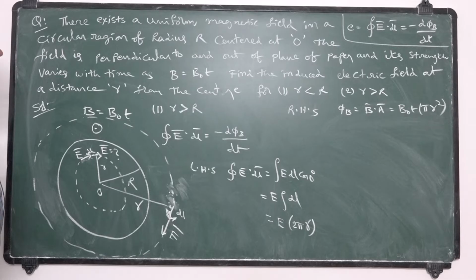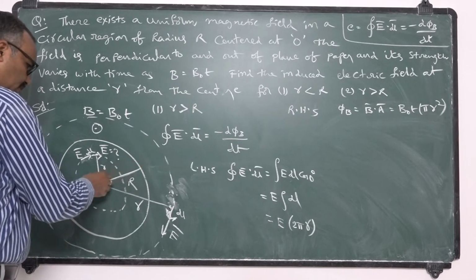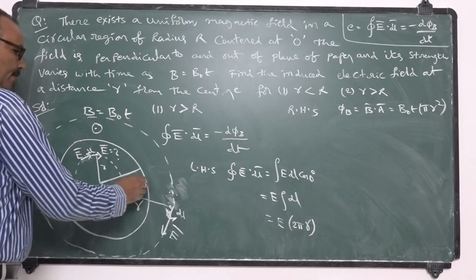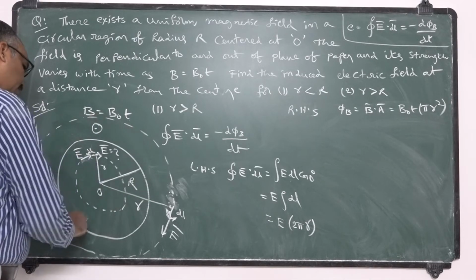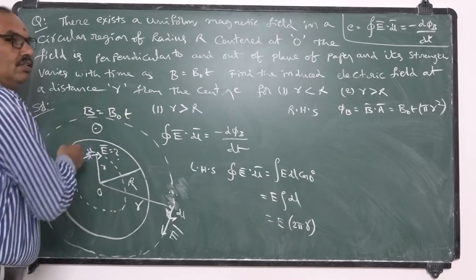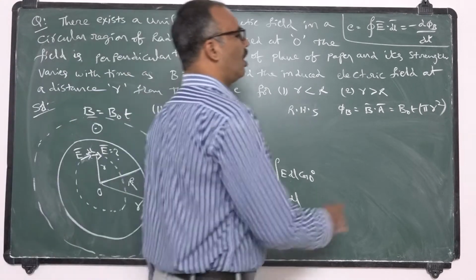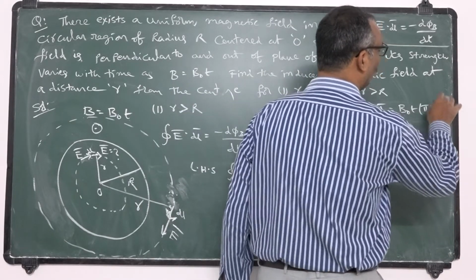Here the radius, whether we have to take small or capital R: the magnetic field is confined in a zone of radius capital R. Here you won't find any magnetic field, but whatever magnetic field is available, it is inside this given loop and it is linked with the coil. So we should not take small r here, we should take capital R here. This is the only difference.